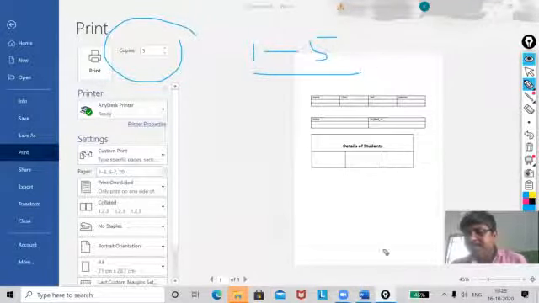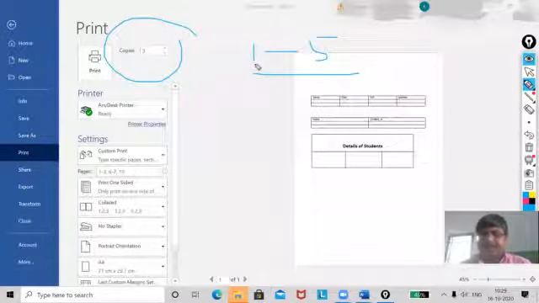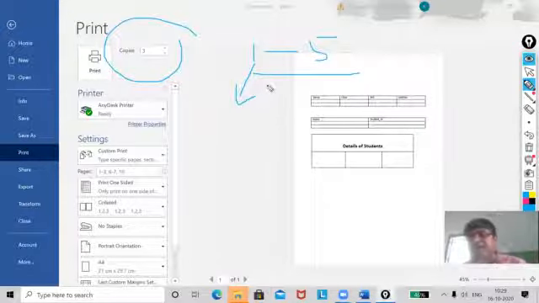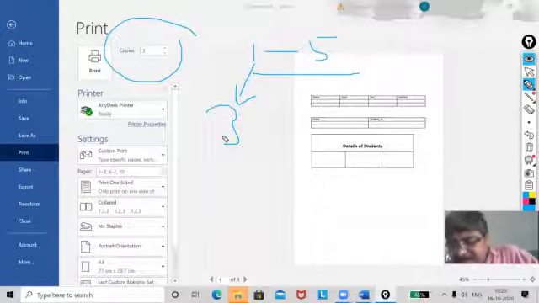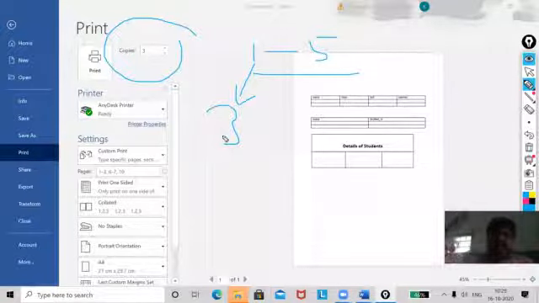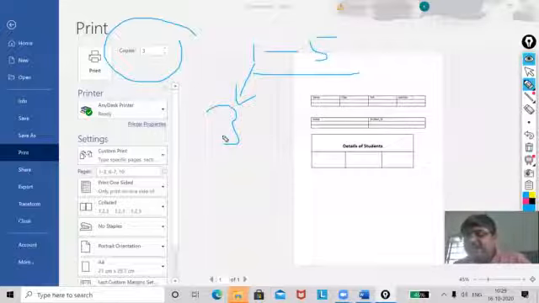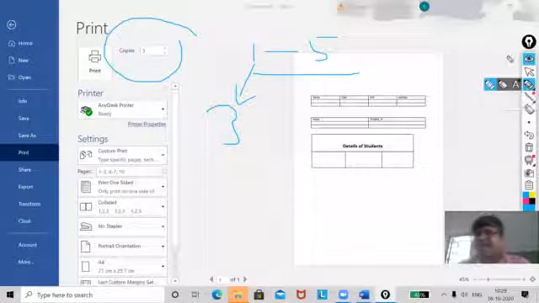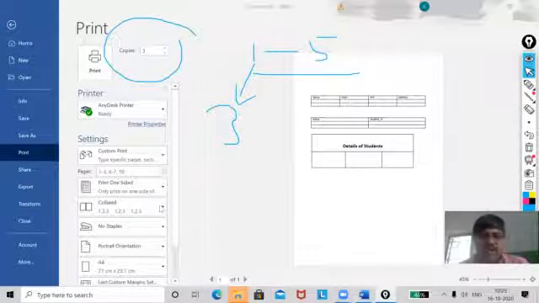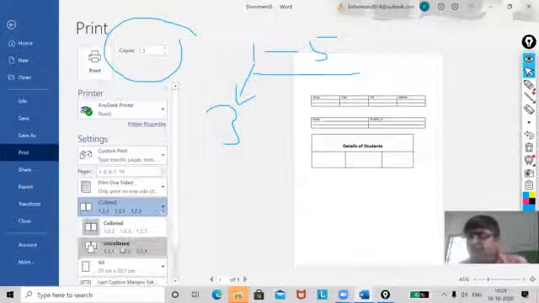If I want page number 1 to be printed 3 times first, then page number 2 printed 3 times, then page number 3 three times, then 4 three times, and 5 three times, then in that case you have to select uncollated.